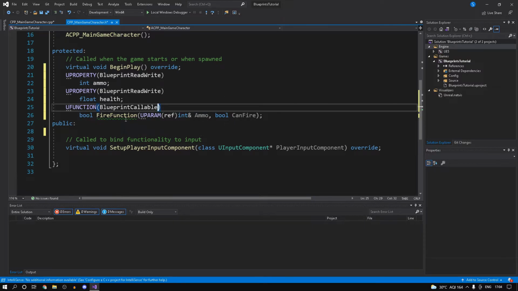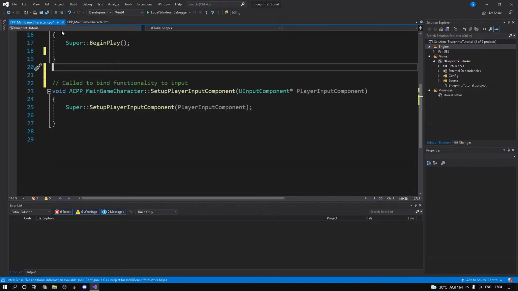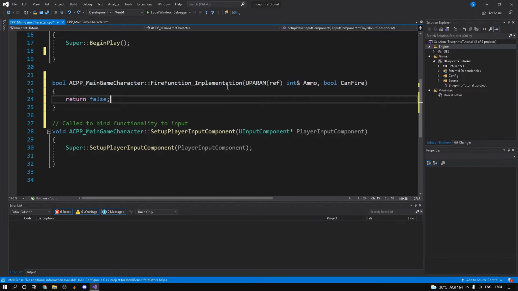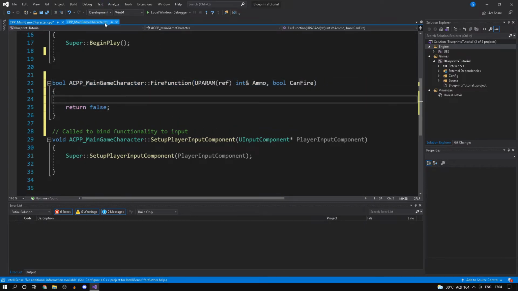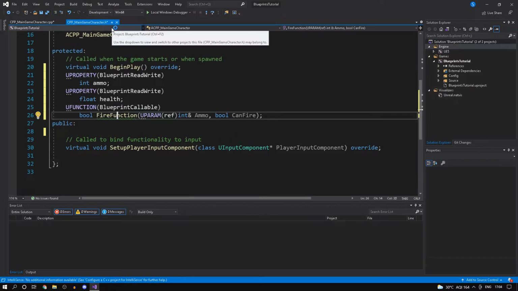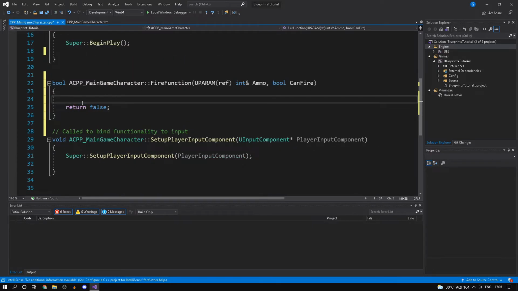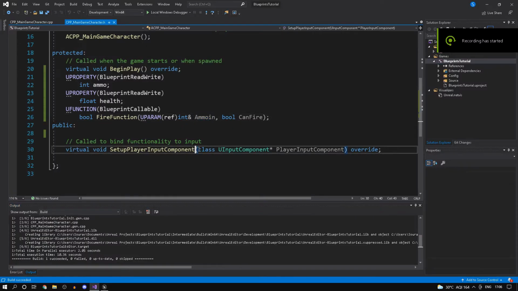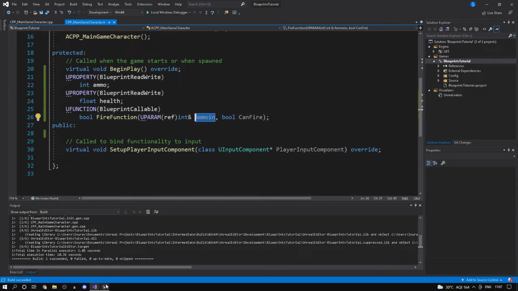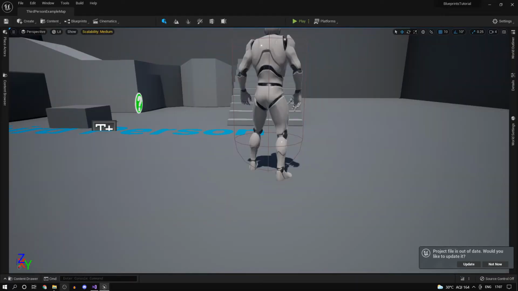So blueprint callable, and I shouldn't have actually removed that, so I can just undo that. And fire function. And now in the next video we'll actually be going over how to set up the logic for the function. But for now that we have exposed this function into blueprint, let's just compile this and check how this looks inside our blueprint. Alright guys, just a quick correction. Just make sure you change the variable name. I just realized I reused the name, so hope you guys won't mind.